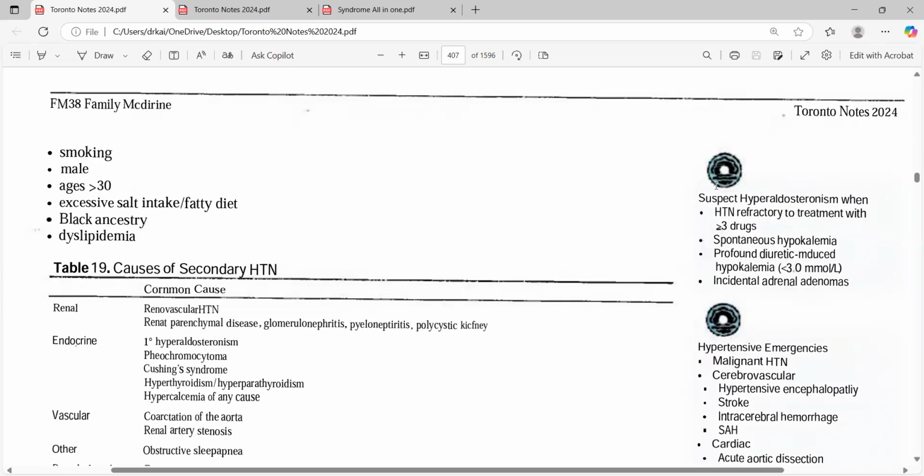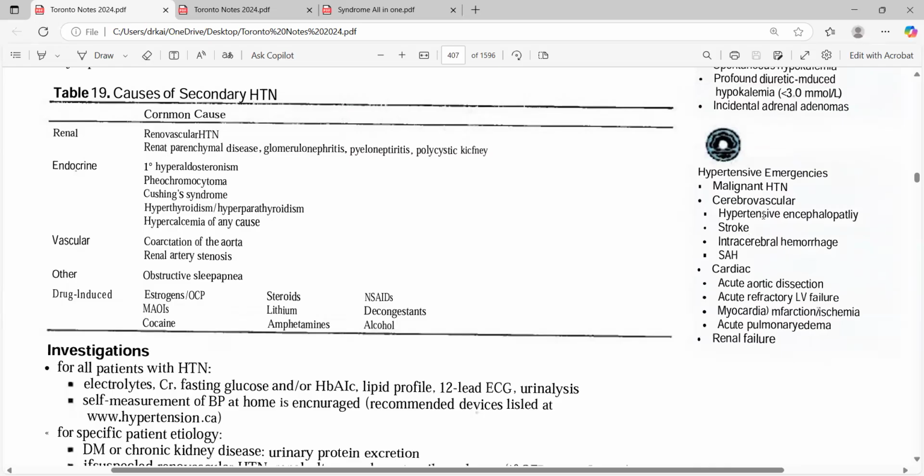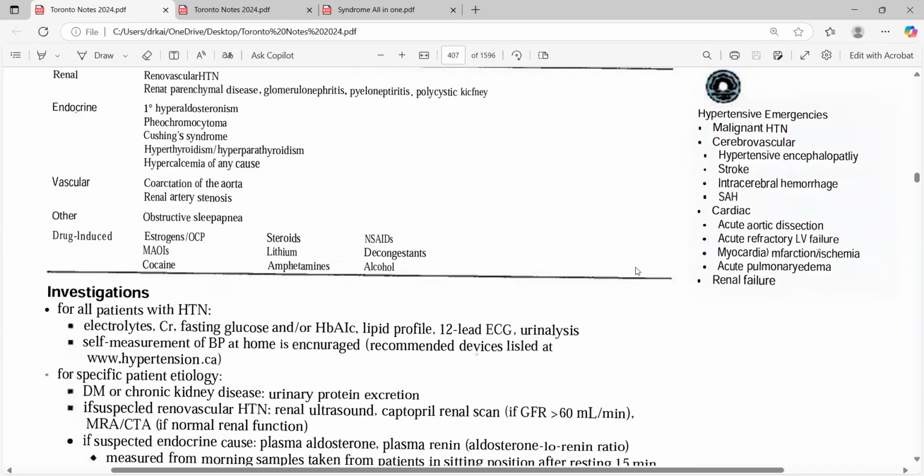So you can see on the sidebar, this says suspected hyperaldosteronism when high blood pressure is more with the treatment. There is hypokalemia, diuretics can be given, and the adrenal adenomas. Hypertensive emergencies: malignant, cerebrovascular, hypertensive encephalopathy, stroke, hemorrhage, SAH, and all of that. I'm going a little bit fast, so I want to cover at least family medicine today so we can start